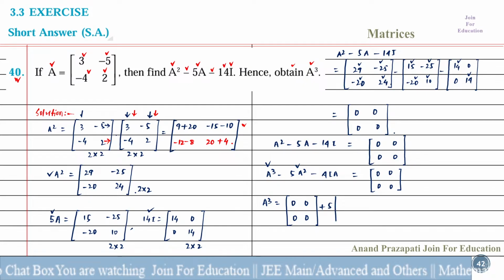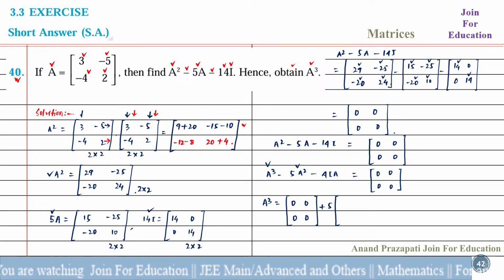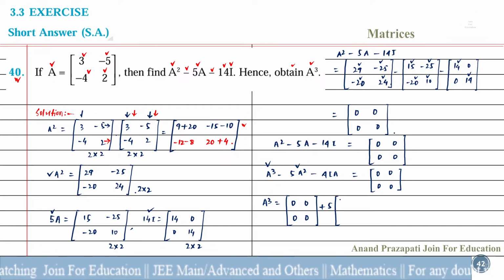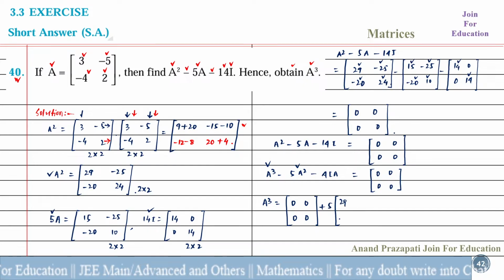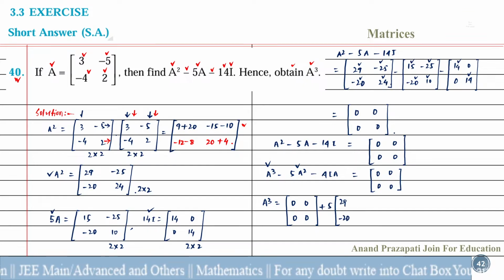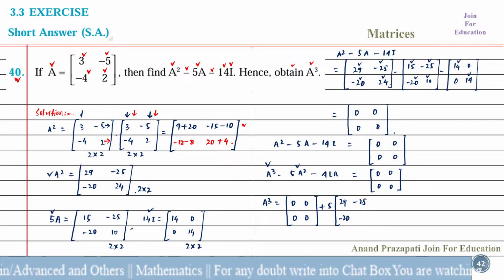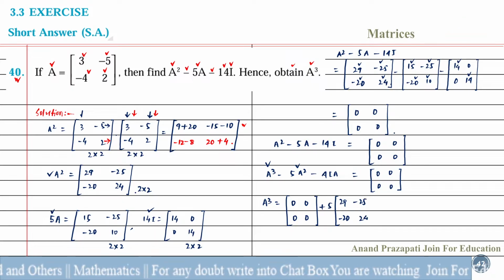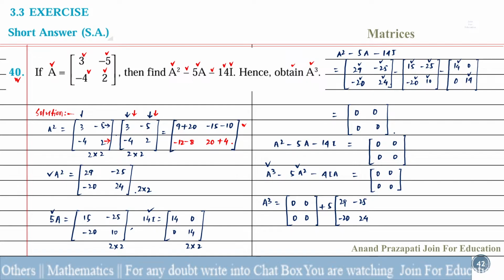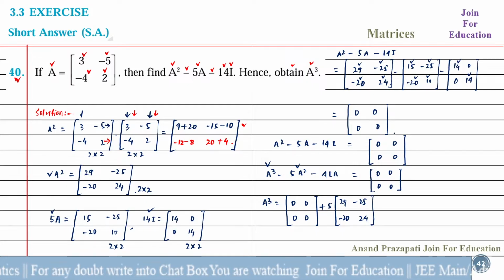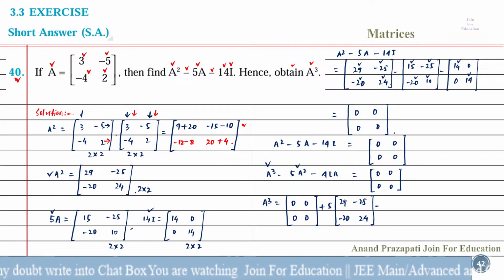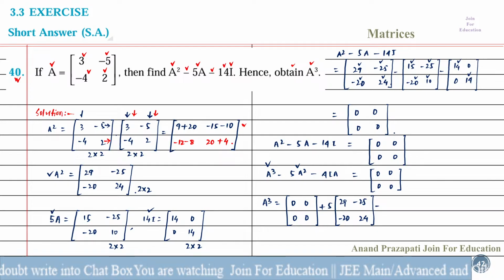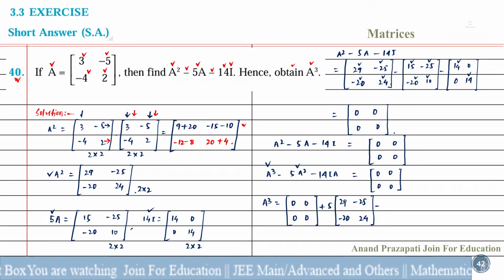It means the value of A square is 29, minus 20, minus 25, and this is the 24. Minus 14IA, 14I equal to this one, and